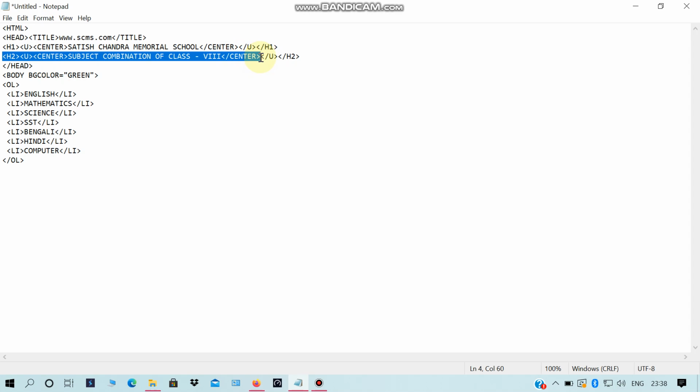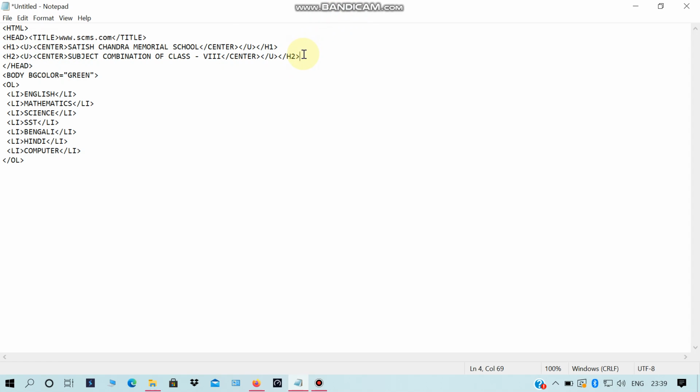Before center tag we gave underline tag, so after ending tag of center we have given ending tag of underline. And as we started this line with H2 tag, we are closing the line with ending tag of H2. So this is the completion of our two headings of this web page.